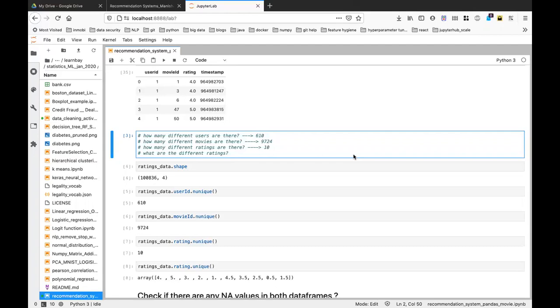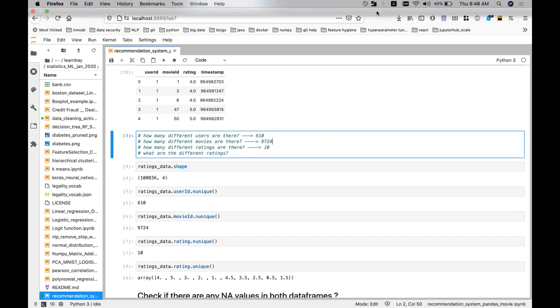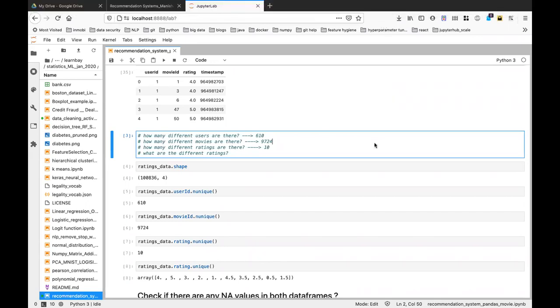Can you scroll up? Why? Why do you want me to scroll up? I have missed out that link. URL is in the chat, no? URL I shared in the chat.